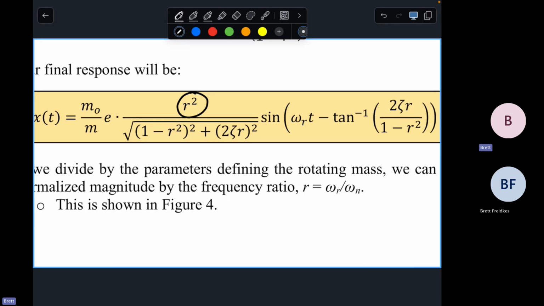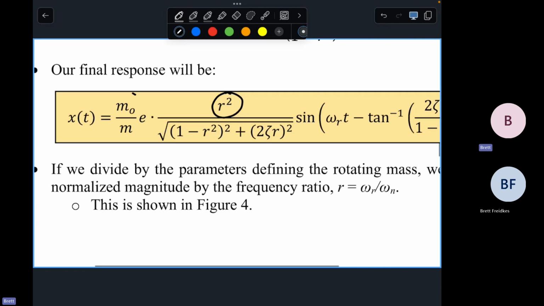That's too small, we don't care about it. The 1's too small, we don't care about it. Square root of r to the 4th is r squared. It ends up not playing a role anymore. It's just going to be equal to the deflection, this. So we'll still have an impact. It won't go to 0